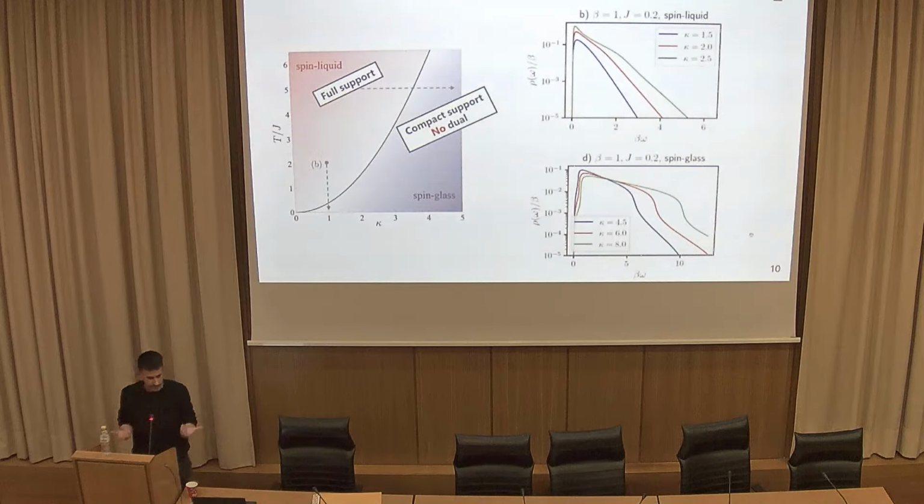But I cannot make a strong statement that it's the kappa, because right now we don't have a meaning. We know what kappa means for the many-body physics model, but we don't have a meaning for what kappa could mean for a possible dual theory. Kappa is the number of local degrees of freedom for the many-body model. But only in that small regime do we see exponential decay in the spin glass phase.